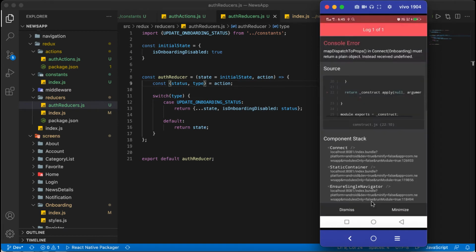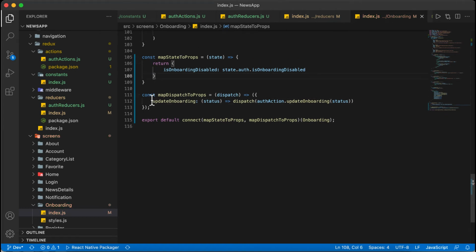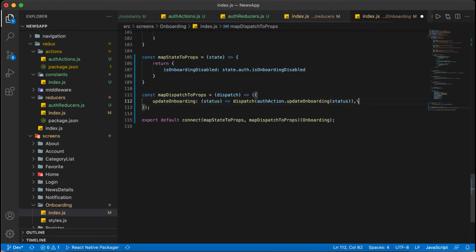Then this one is showing must return a plain object instead of undefined. So here we need to wrap all these things inside a function. Okay, so we have wrapped it inside this, then need to remove that. All the methods, all the actions will be in the object, and the next one will be like this. If we need the next action we can write it here. So let's see what our application printed.